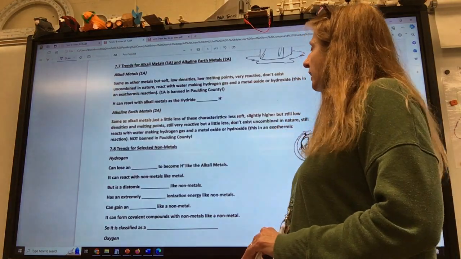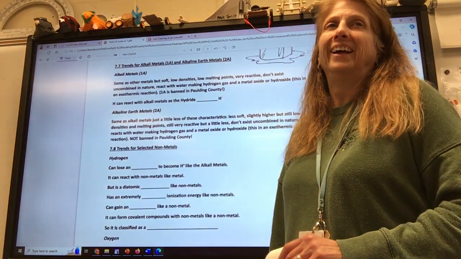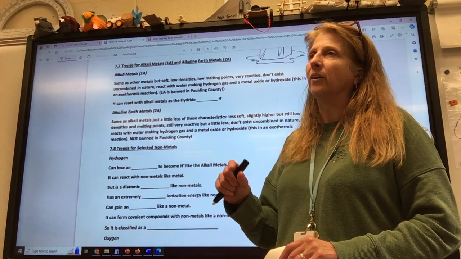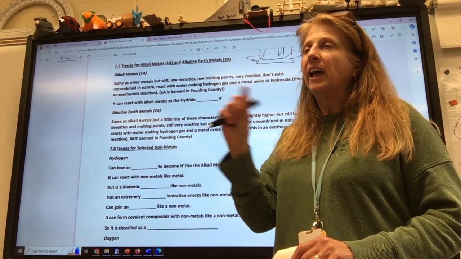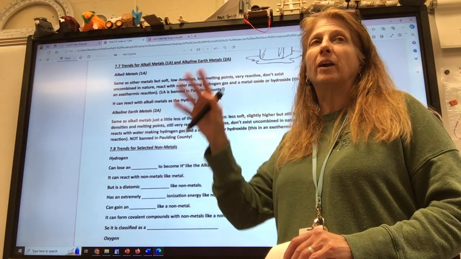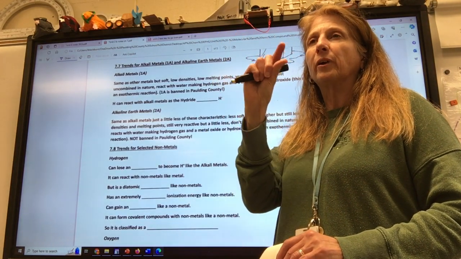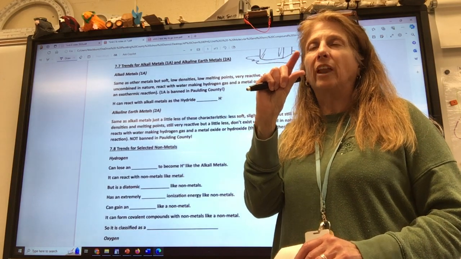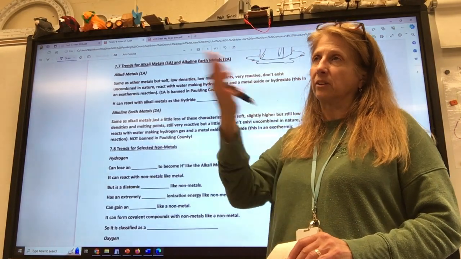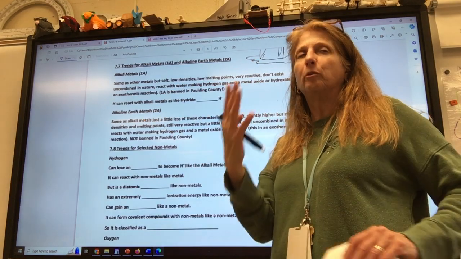I used to buy them in Cobb County, I don't know if they banned it since then, and I caught the school on fire one time. Only once. So what I did is I had some sodium, and I put it in water, and what it normally does is it goes psss, and it's a metal floating on water, so that's cool, reacting, fizzing, making white smoke, and on a really good day it'd go poof, and it'd catch on fire, and it'd make a really pretty pastel yellow and blue and pink flame. So pretty, such a great little reaction. And then it makes a basic solution. So then I add phenolphthalein, and I got a hot pink color. It was just a good demonstration.